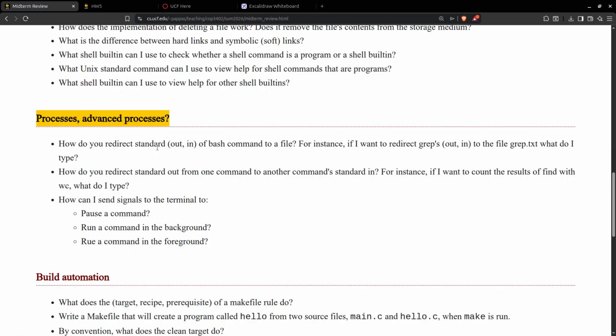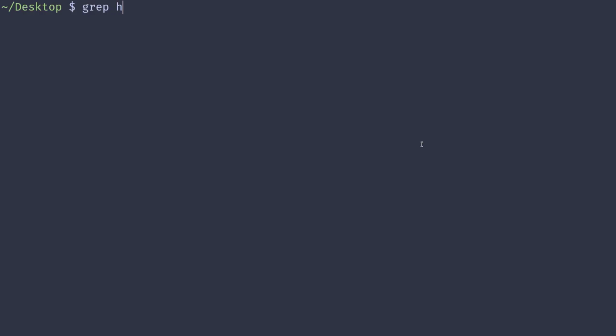How do you redirect the standard out, standard in of a bash command to a file? For instance, if I want to redirect grep's standard out, standard in to a file grep.txt, what do I type? Well, bash commands, not C code. Yeah, the less than, greater than signs, angle brackets. Yeah, so I could say grep hi,